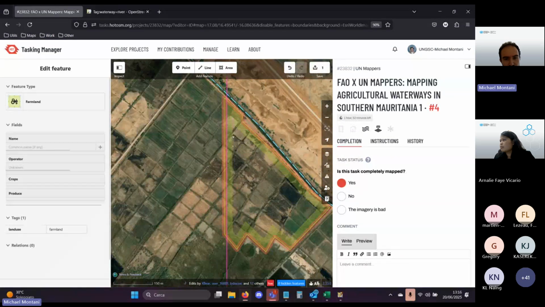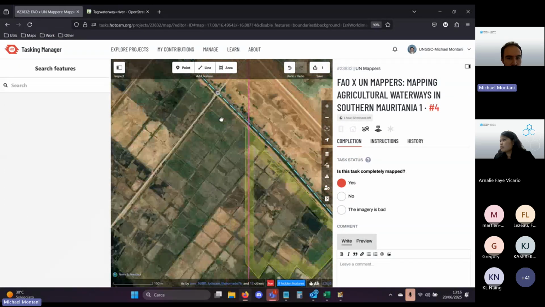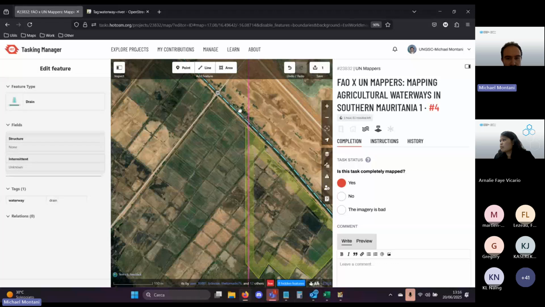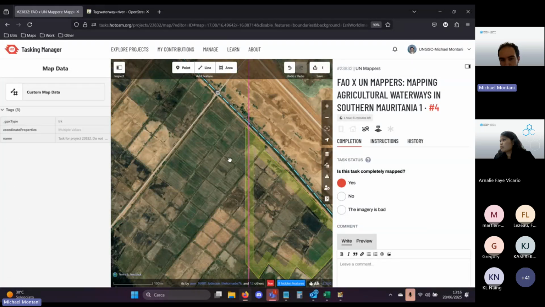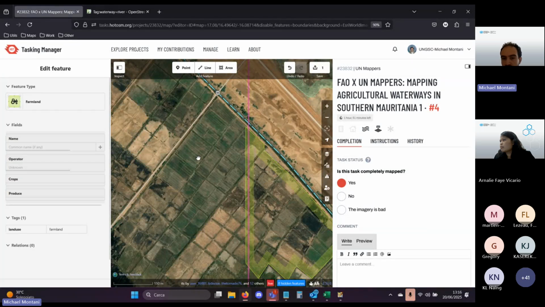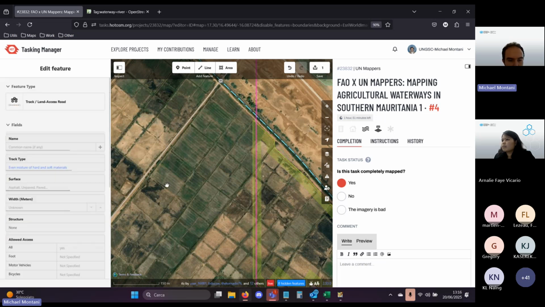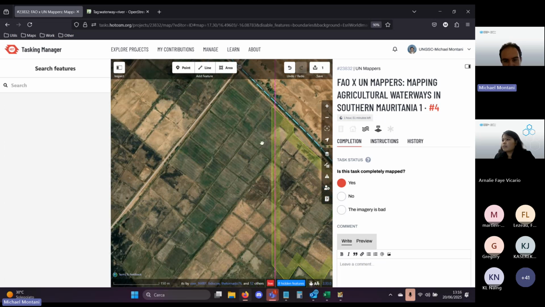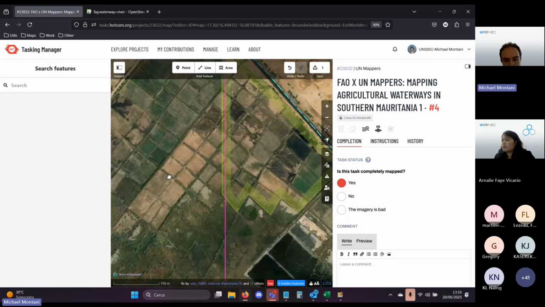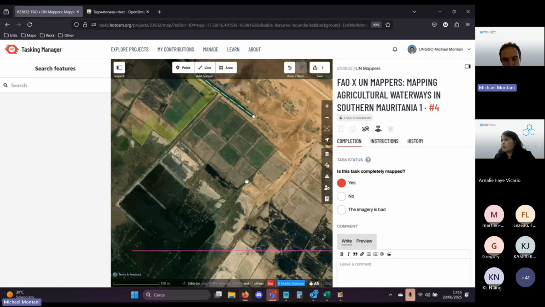Why do I finish here? Because later on, whoever is mapping on this side can map their own part, and then we can merge the two polygons. Or if the person is mapping here, they can also modify my polygon. So it's useful to finish a little bit outside the bounding box.